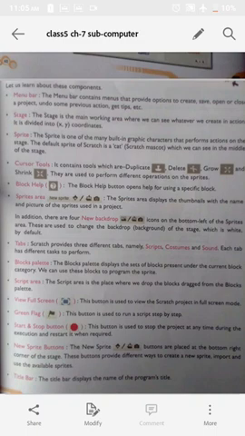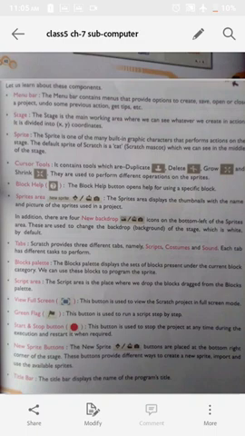Tabs. Scratch provides 3 different tabs, namely scripts, costumes and sounds. Each tab has different tasks to perform. Block palette. The block palette displays the set of blocks present under the current block category. We can use these blocks to program the sprite. Script area. The script area is the place where we drop the blocks dragged from the block palette.